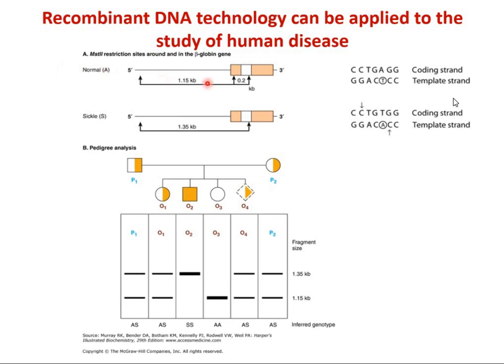So if it is a normal AA, there are 3 sites that will be cut. The fragment of 1.35 kb will be digested into 2 fragments, 1.15 kb and 2.2 kb. If the site is lost, what we'll have is this 1.35 kb, and that has been done. And then once you digest it with the restriction endonuclease, you carry out the southern blot analysis. As you can have a look, using the pattern that you are getting, you will be able to decipher whether it's a case SS or a normal or a carrier.